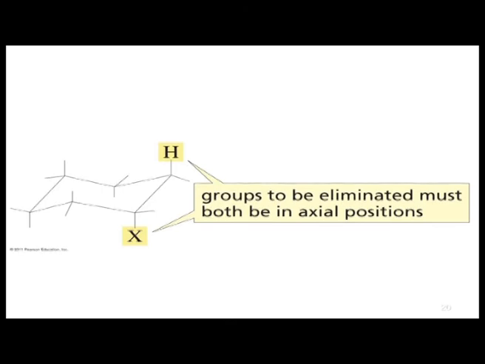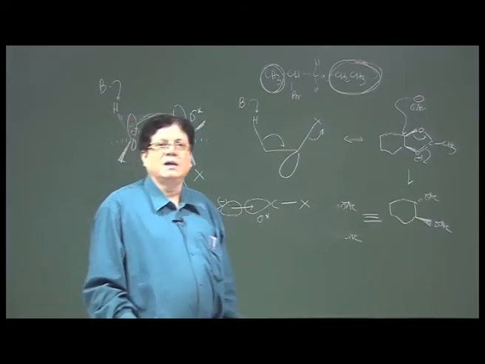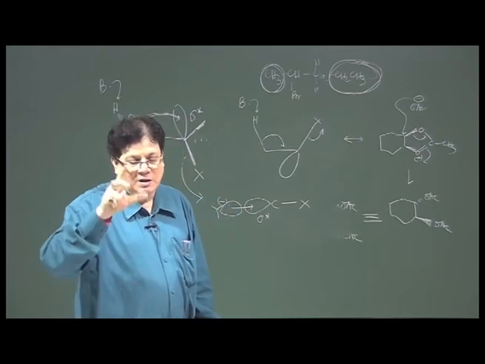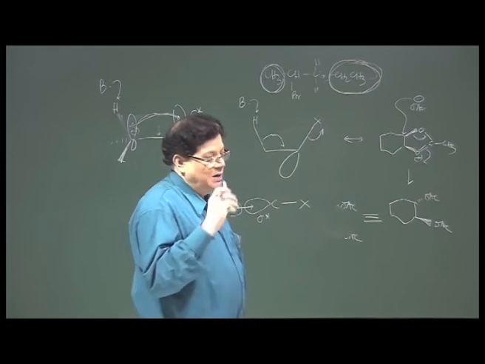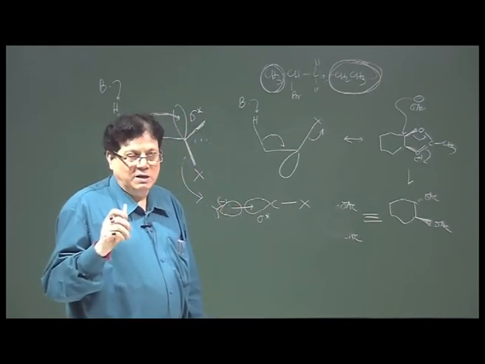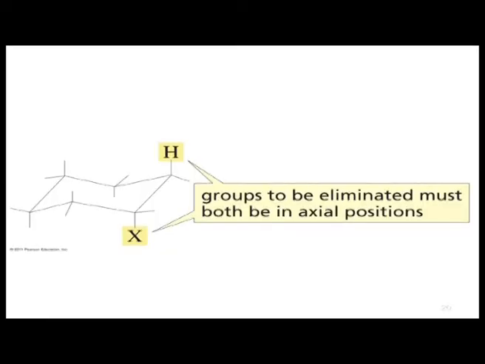Now, in the case of cyclohexane, if it is not an acyclic system: in an acyclic system, what do you do? You draw the Newman projection and ultimately draw a conformation where the leaving groups are anti-periplanar to each other. In the case of cyclohexane, if you are doing a dehydrohalogenation, then the hydrogen and X have to be eliminated from vicinal positions, and the hydrogen and X should be anti-periplanar in order to undergo the elimination, which tells you that both the hydrogen and the X have to be axial.